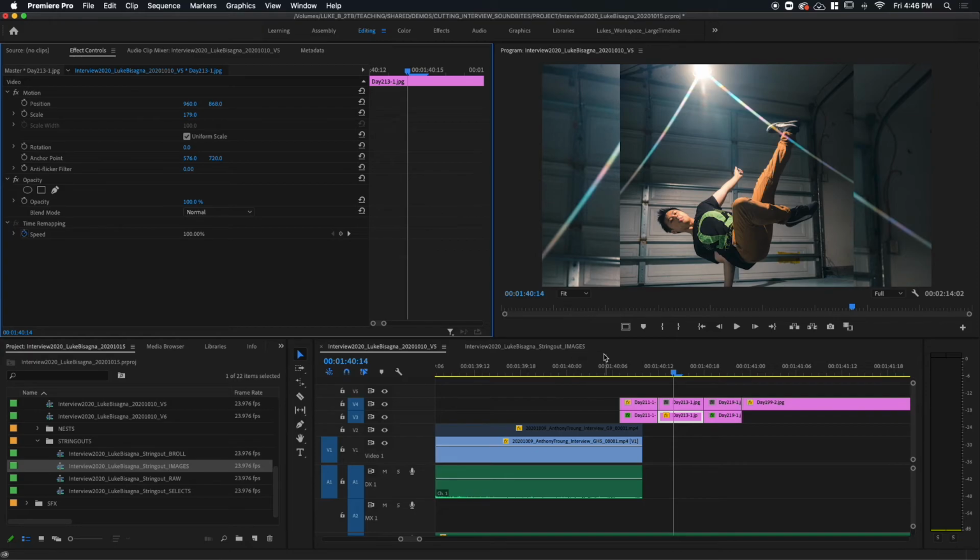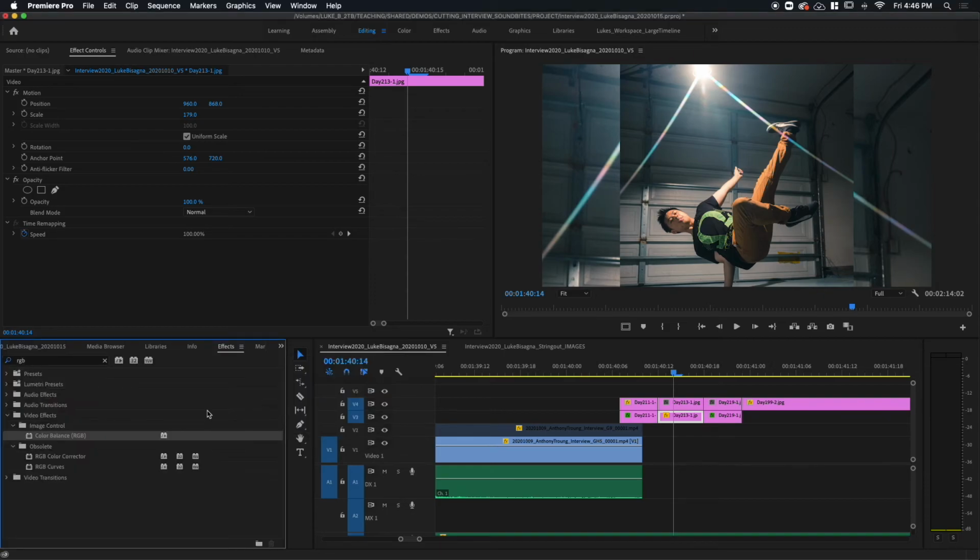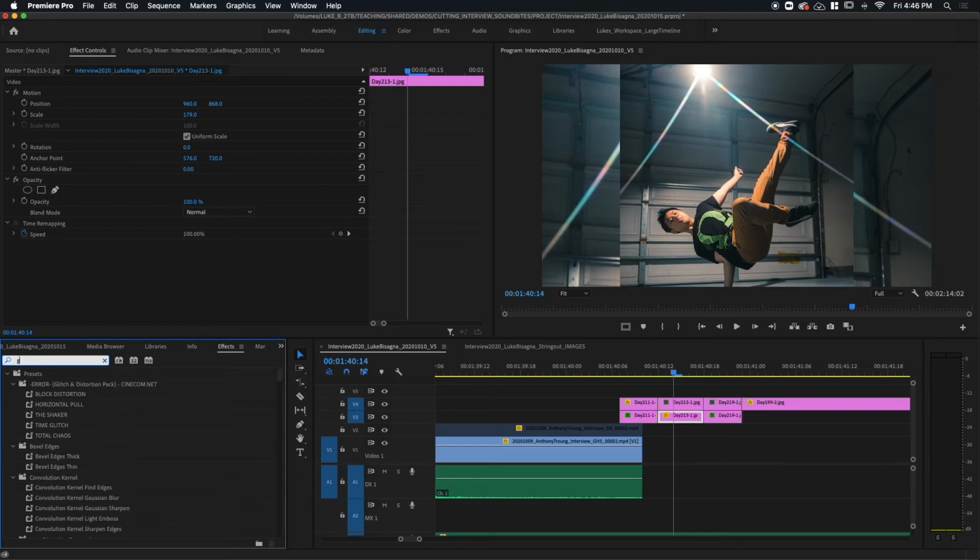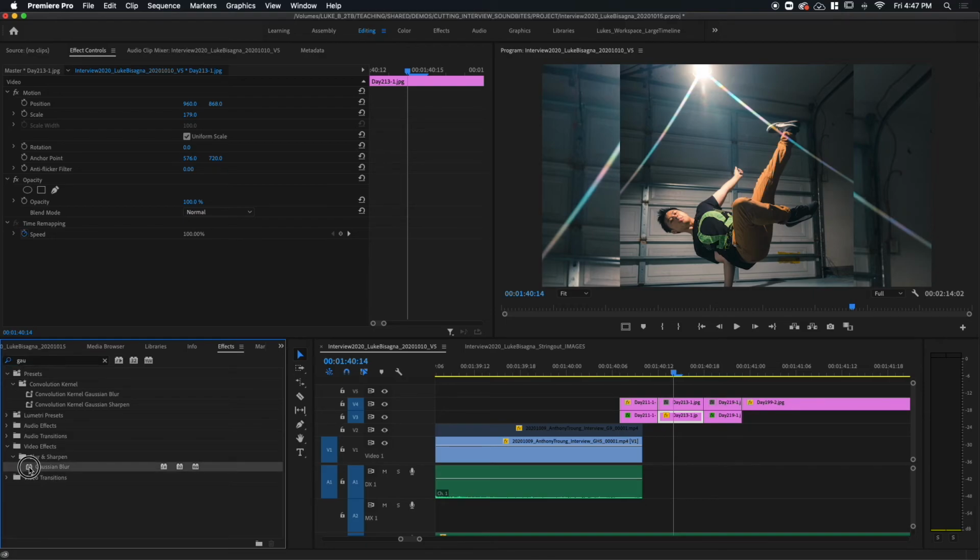Okay, cool. Now what I'm going to do is blur that image so that it becomes a nice soft background element on which our main image will sit. So in order to do that, I'm going to head over to my effects panel here, and I'm going to search for Gaussian blur. So I'm going to type in GAU. And here we go, Gaussian blur right here. Under blur and sharpen. I'm going to take that effect, drag it onto the clip,